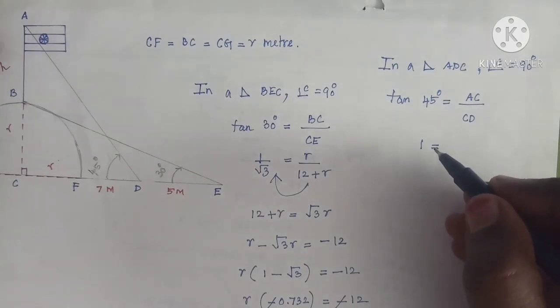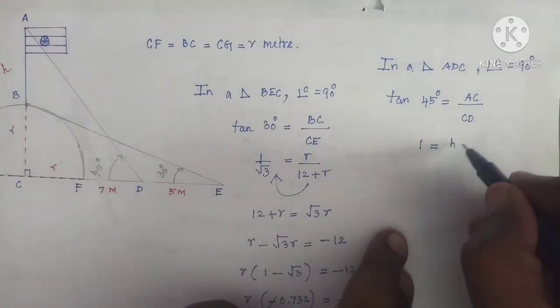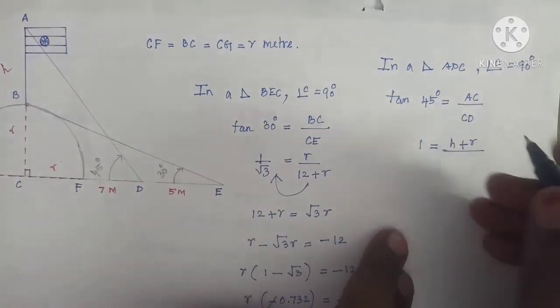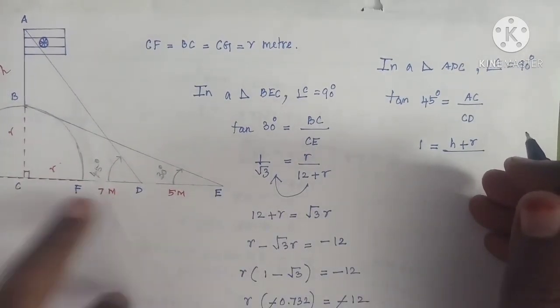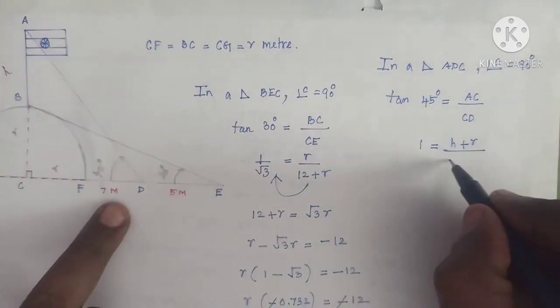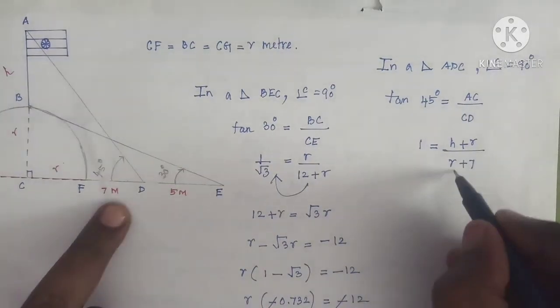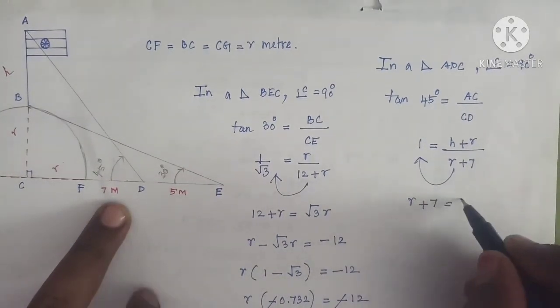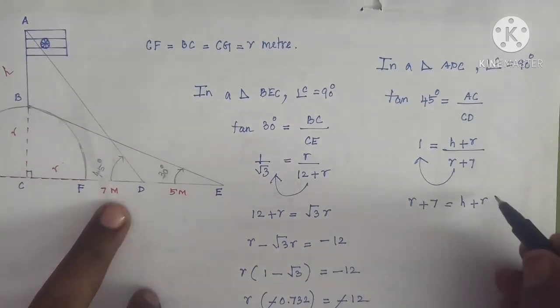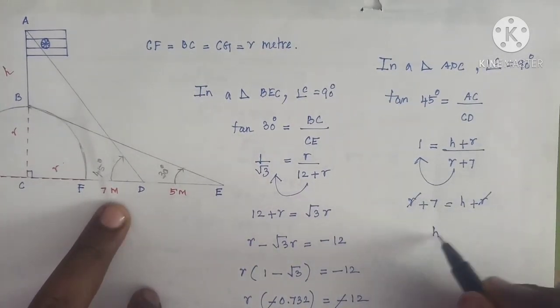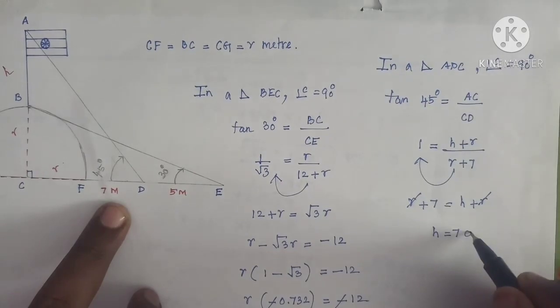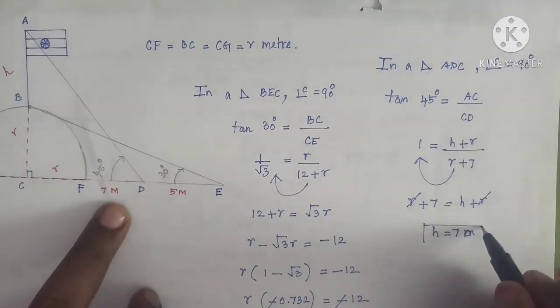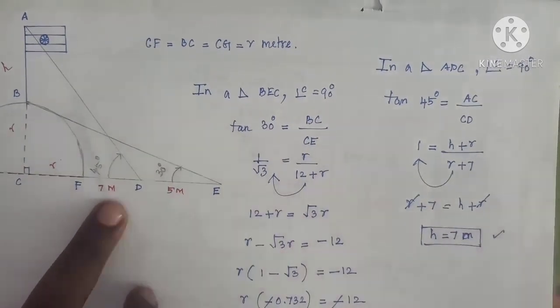This AC is equal to H plus R divided by CD. What is CD? R plus 7. If you take this left hand side, R plus 7 equal to H plus R. This R will be cancelled. So H is equal to 7 meter. So the height of